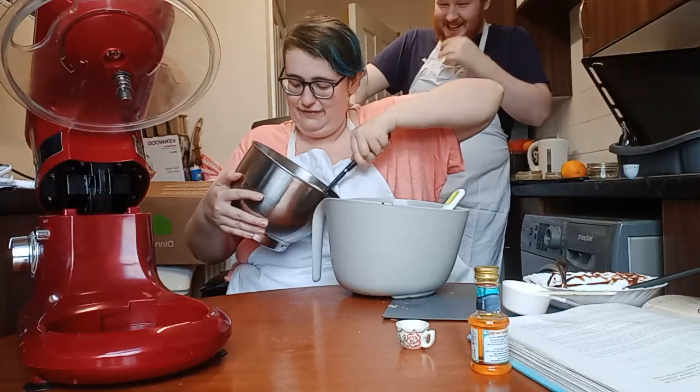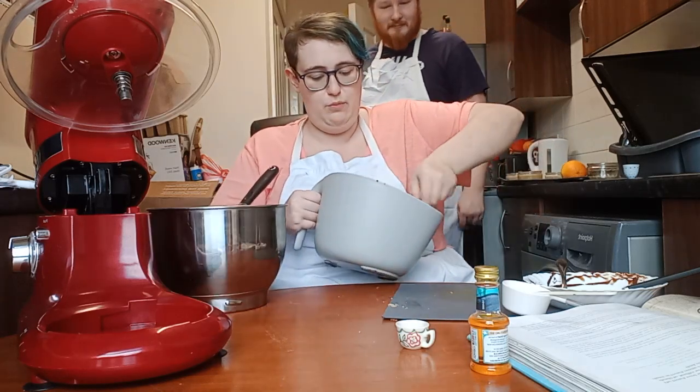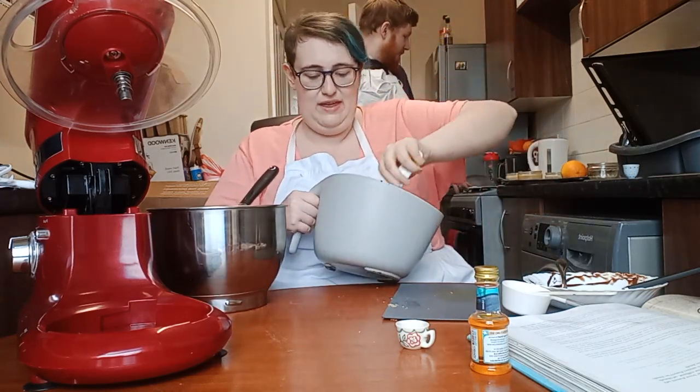Of what's left, I will add half of what I've got left in egg white, and this one being a bit more gentle, making sure there's no big